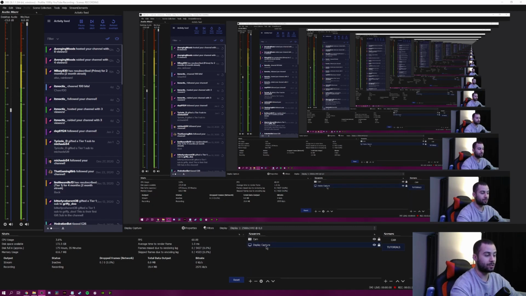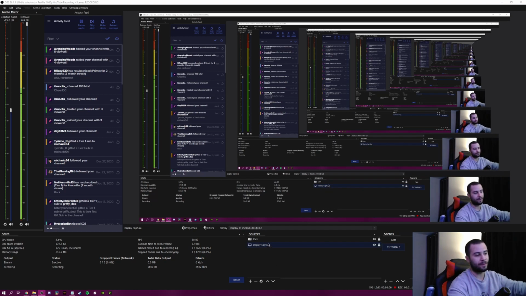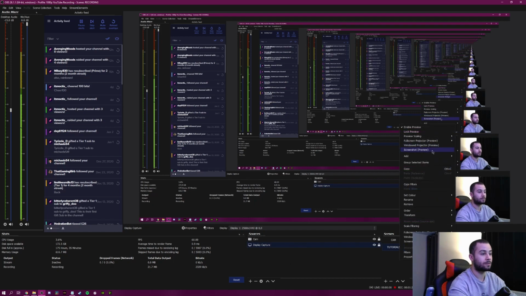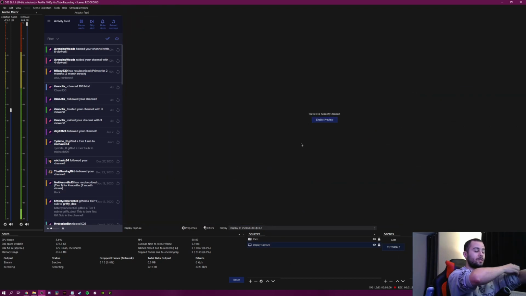You'll have a cam source, a display source for your game. You'll have like alerts, overlays, blah, blah, blah. And this gets very crowded in this section here. But what you can do, which is something that I highly suggest, so I'm going to